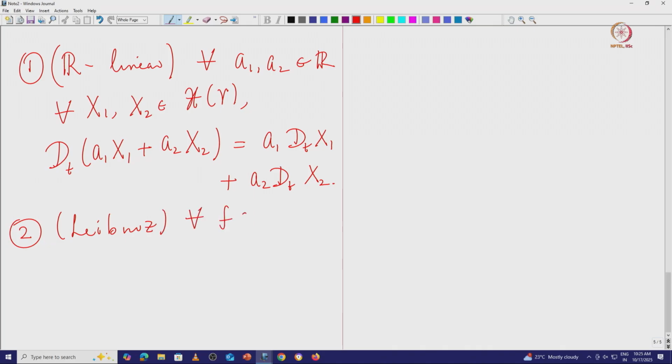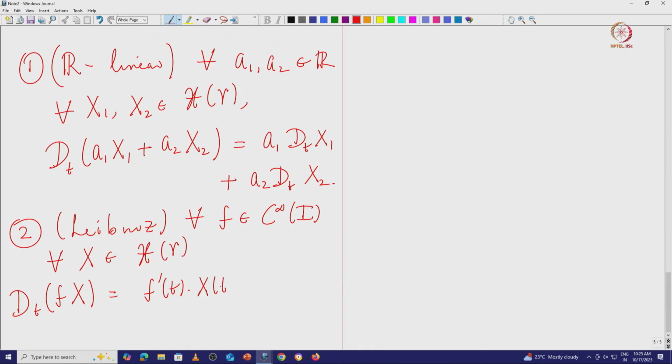So for all smooth functions on the interval and for all vector fields along gamma, if you compute Dt of f times x, that is just f prime of t times x of t plus f of t times the derivative applied to x, right. So this is the analog of the Leibniz rule, and crucially,